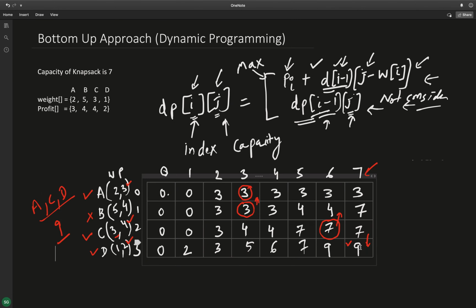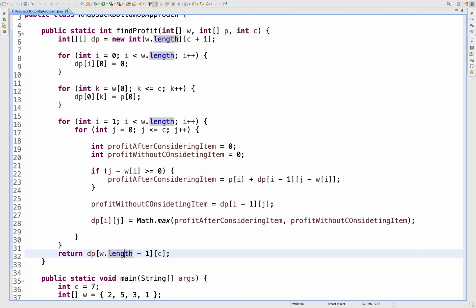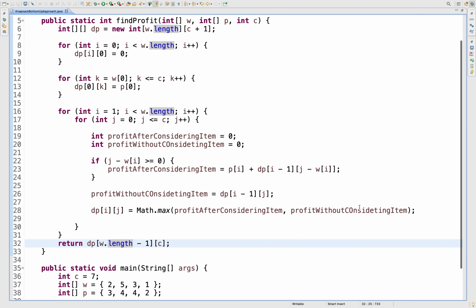And we will return the last cell, so we will say dp of w dot length minus 1 comma c. So this will be returned. Let's see.